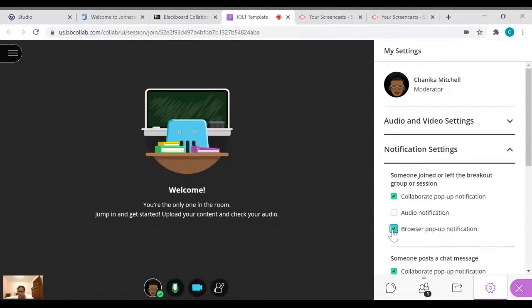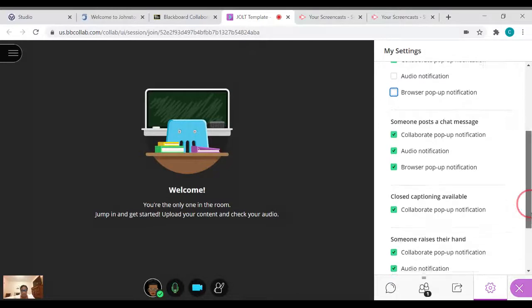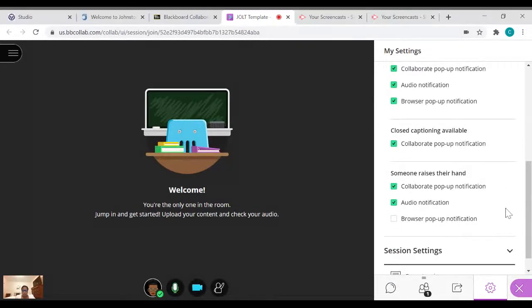So I can choose what I would like. I can also have a Collaborate pop-up notification when someone posts in the chat. I can get an audio notification and I can get a browser pop-up notification. Also, if there's closed captioning available, you've made someone the captioner and they're doing closed captioning for a student who needs that. When someone raises their hand,